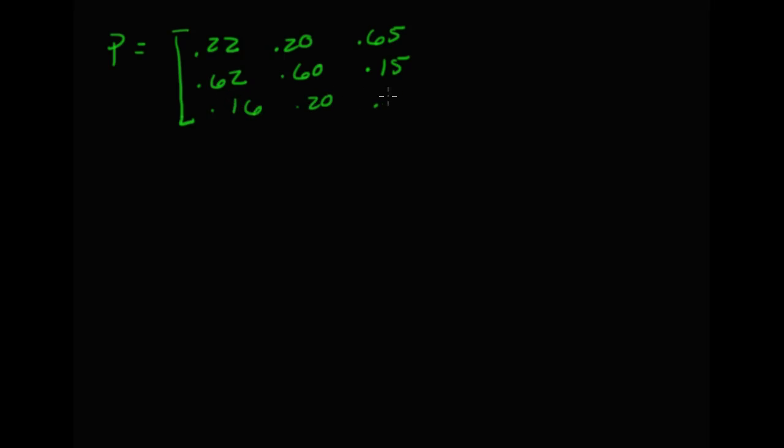All right, so let's take a look at number 5 here. 5 gives me the transition matrix. It says P is 0.22, 0.20, 0.65, 0.62, 0.60, 0.15, 0.16, 0.20, 0.20. All right, so the way that we find the steady state matrix is we have to take